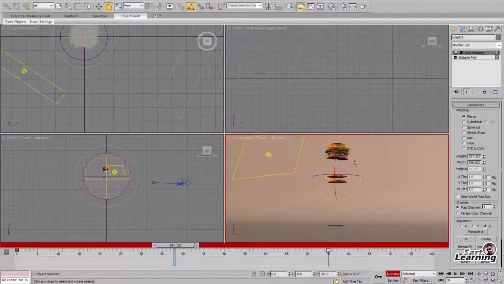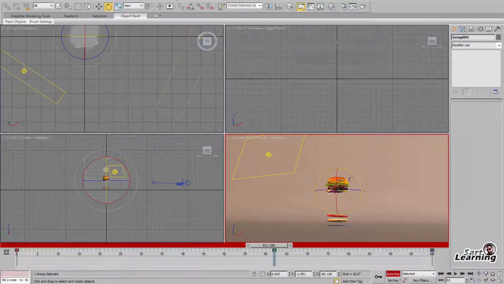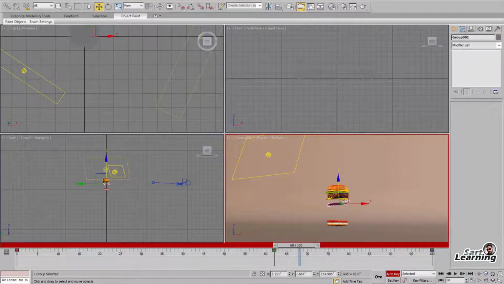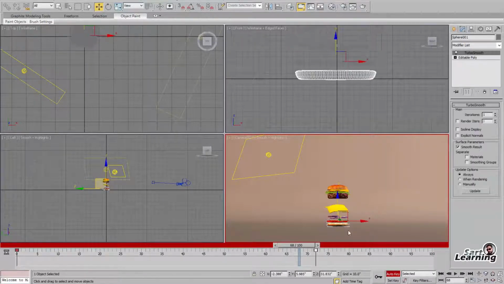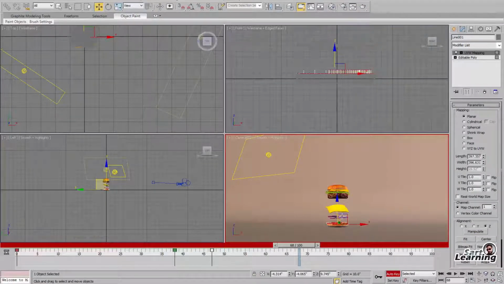So you can animate according to your animation, and same for every object. The timing should be matched, because sometimes your objects collide with each other, so you can adjust your keys accordingly.